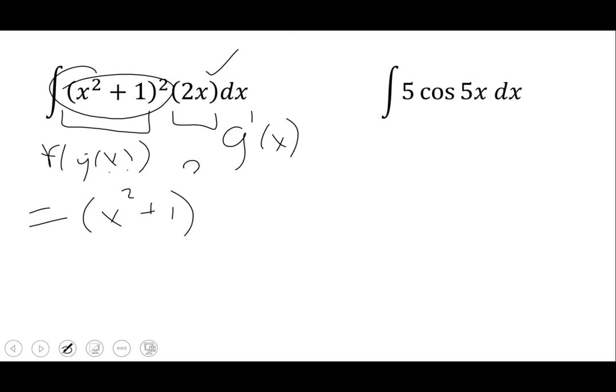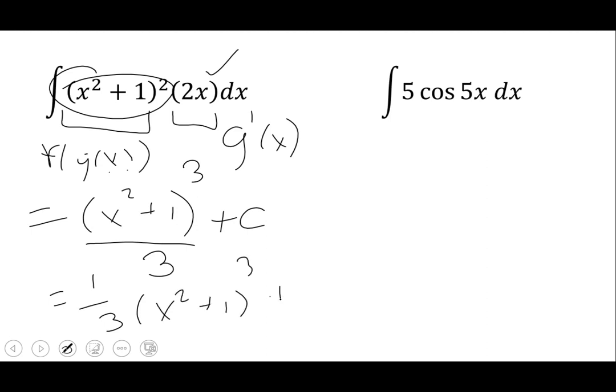You're going to raise it to the 1 higher power. You are then going to divide by that power. And don't forget the plus c. And again, this would be perfectly fine if you also factored out the 1/3 (x squared plus 1) cubed plus c. So again, in a nutshell, what you're doing is looking at the problem, identifying the more complicated piece, naming